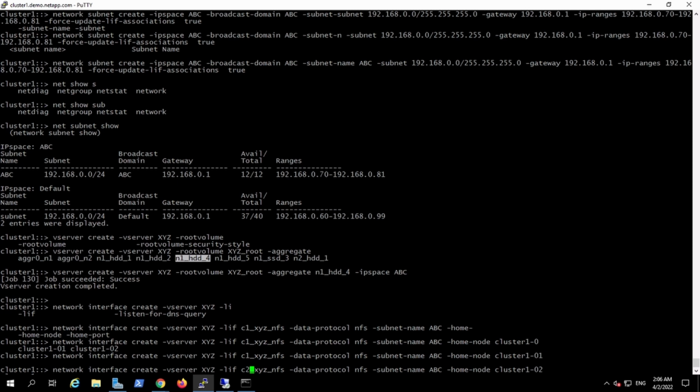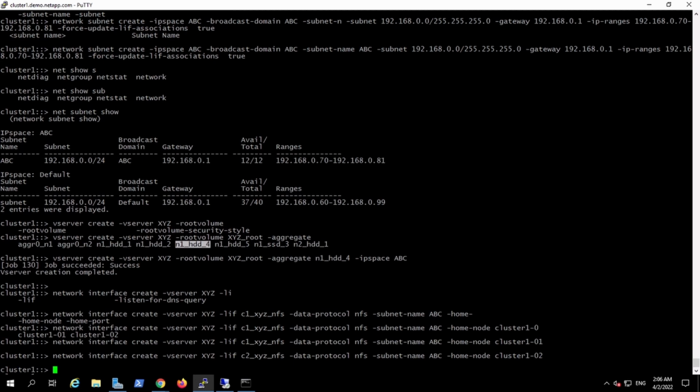So basically the request can be served from one LIF, but I'm creating two LIFs to have proper load balancing of the traffic, and that will be served with the help of